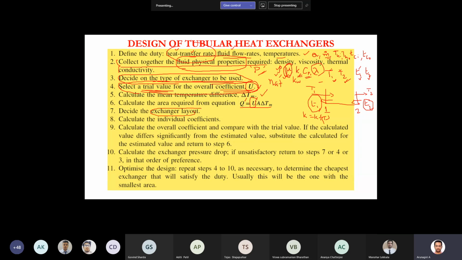Before that, we have one more term, delta Tm, that we have to discuss in detail again. Okay, so we can discuss. I stop up to this point. We will continue our discussion from the temperature difference tomorrow or the next class. Okay. So up to this point, if you have any clarifications, please ask.